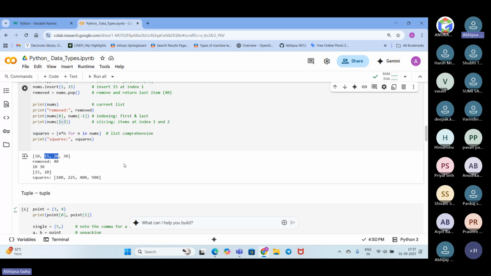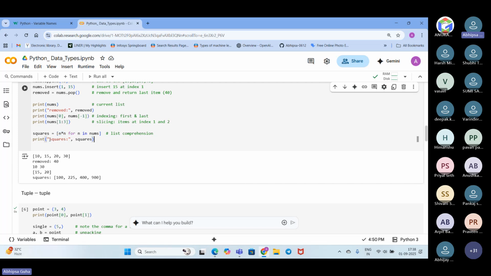Next is square. I need to do the square. So here we have used the for loop. The operation is n cross n, for n in numbers. For all of this, like 10 cross 10, we will be doing 15 cross 15, 20 cross 20, and 30 cross 30.